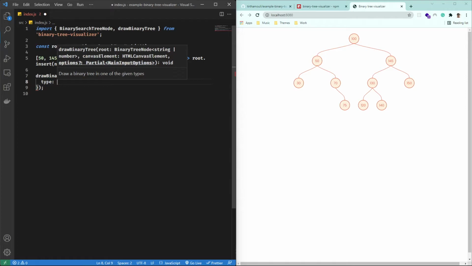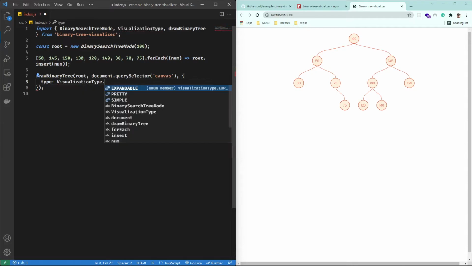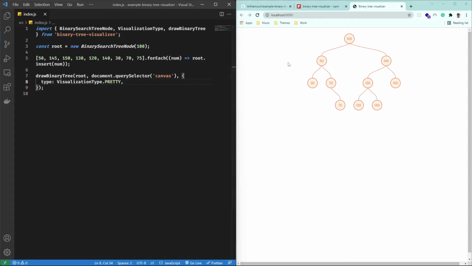Then we have the pretty type, and this decides spacing dynamically, so space is saved if you use this. For this, you can import VisualizationType from the library and put the type as VisualizationType.pretty. And you can see that the visualization has changed.